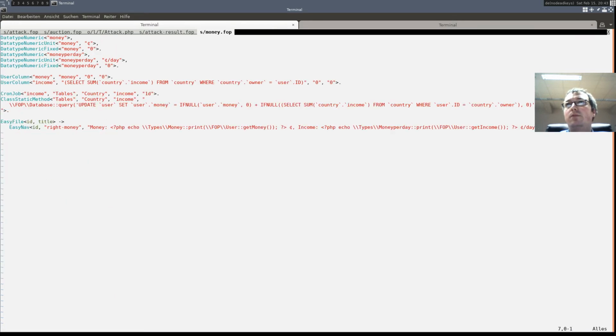Okay, so this is our money counter, and I surround it with a span, ID is my money.